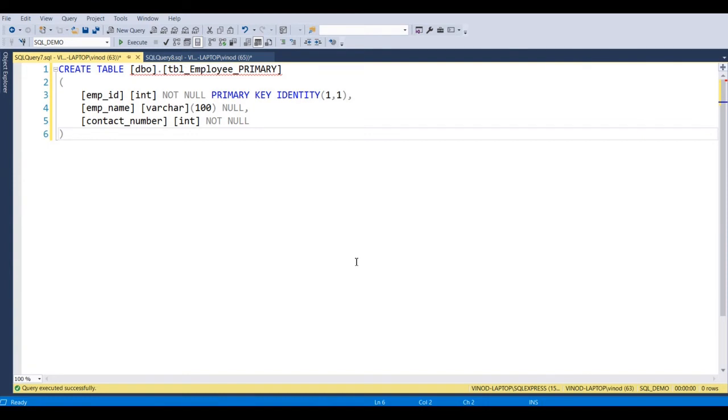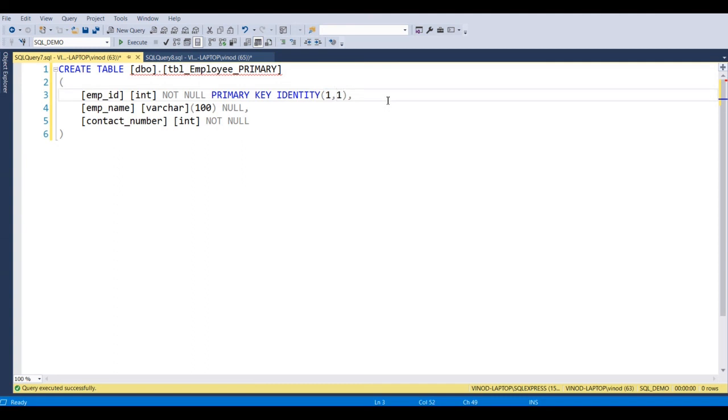You have one table TBL employee primary. In this, you have a primary key column which is EMP underscore ID. Now you have defined over here the identity 1, 1. Now this will work because it's a primary key, and secondly, this column is a not null column. For identity, its criteria is the column should be not null, because this series will start from 1, then it will get increased by 1.